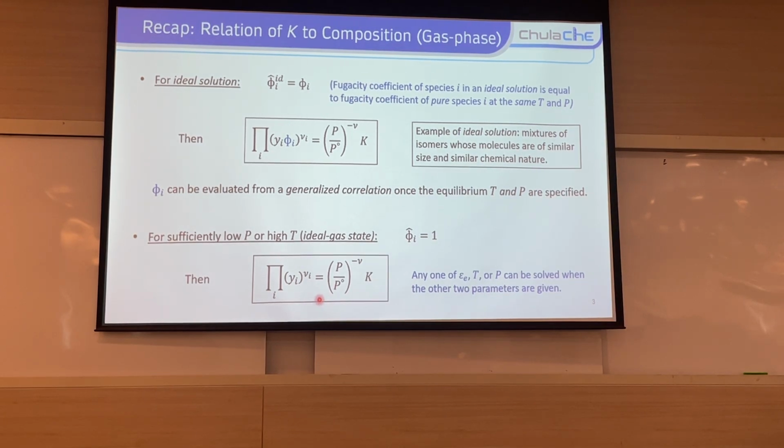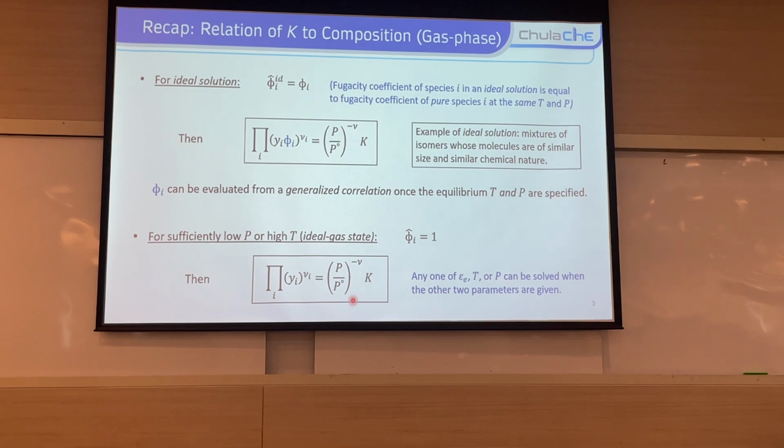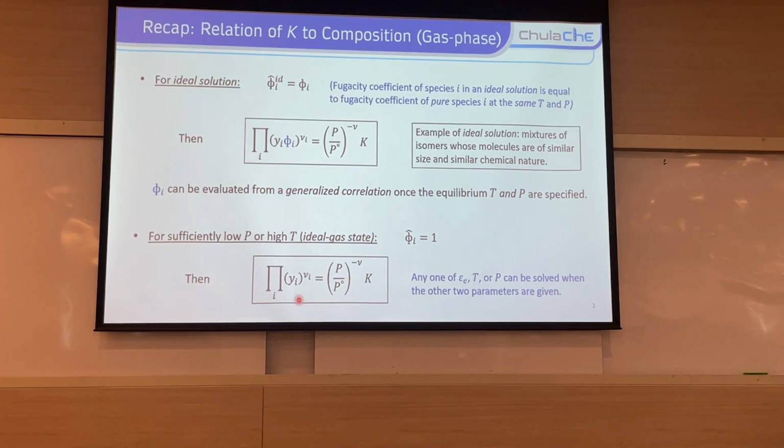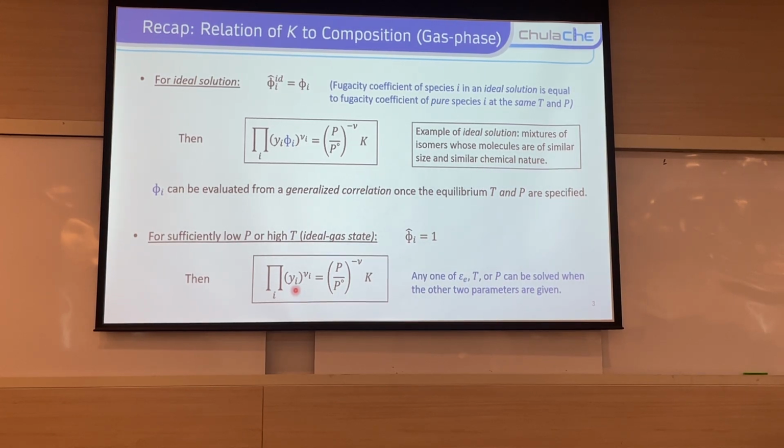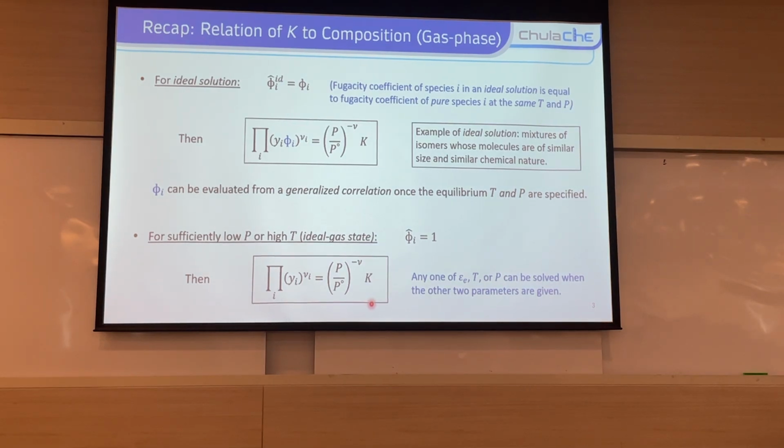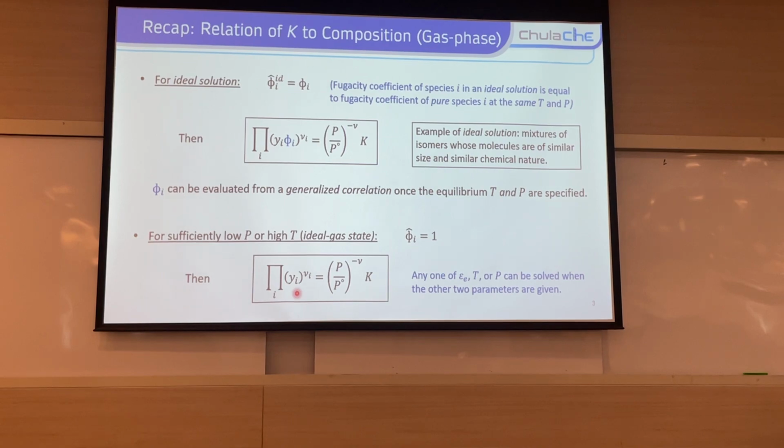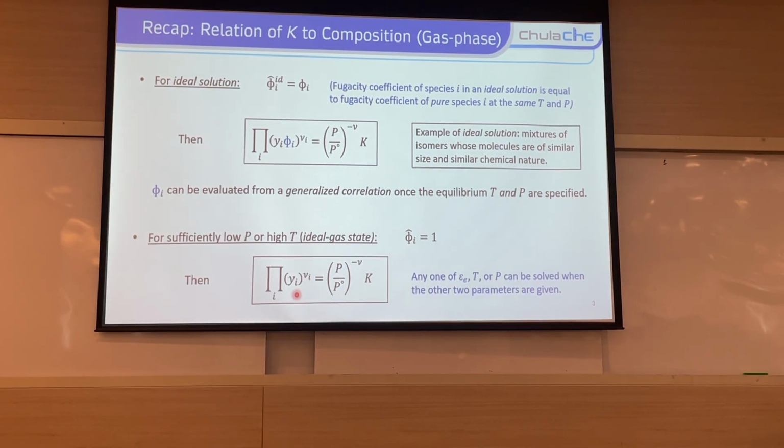You can see that the unknown parameters in this equation are just the reaction coordinate, which is embedded in the mole fraction here, the pressure here, and the temperature, which is also embedded in the equilibrium constant. So actually there are only 3 parameters here. If you fix 2 parameters, then you can find the other parameter